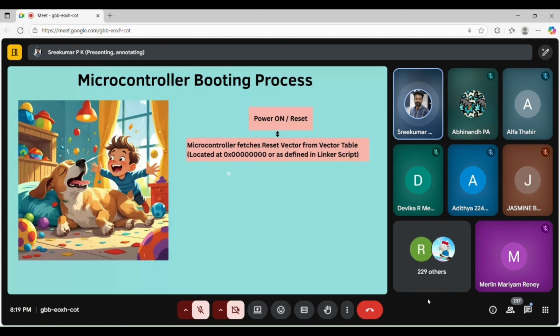It is internal to the controller, directly connected to the AHB bus. Inside the flash memory, we have a code. From that code, it fetches the reset vector details. Then from there, it executes a startup code.